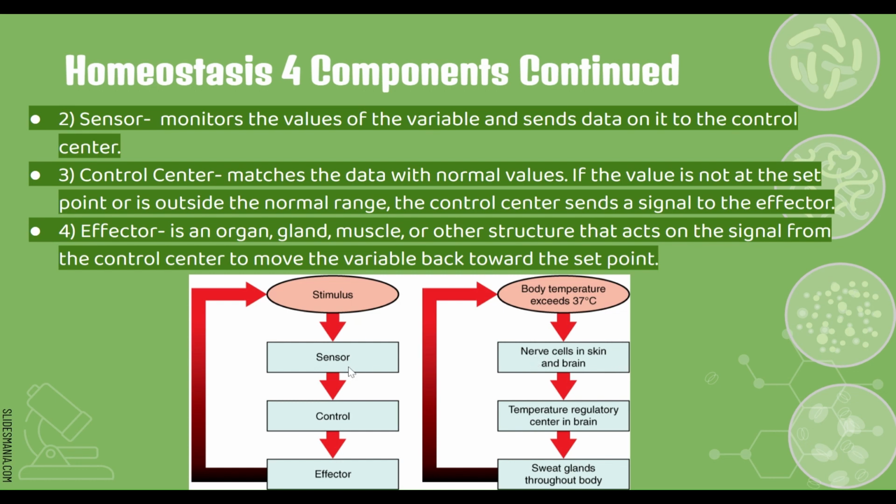And then that sensor sends something to the control, and that control is a temperature regulatory center in the brain. So that's a part of your brain that lets your body know, hey, this is a good temperature, this is too cold, this is too hot. That is happening in your brain, right? Your brain sends that signal to the effector, and that effector are the sweat glands throughout your body, basically saying, all right, turn on the sweat. We are too hot. We need to cool down, release the sweat so that this person's body can cool off